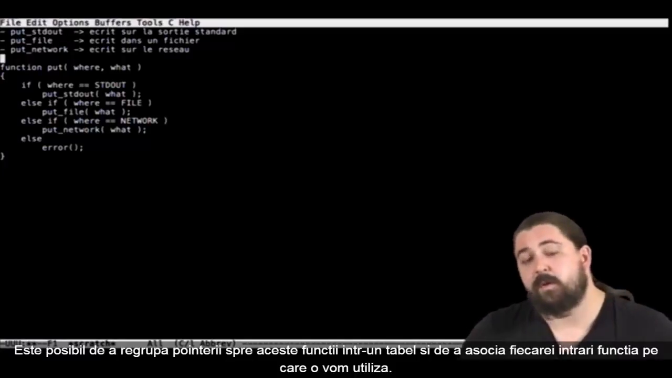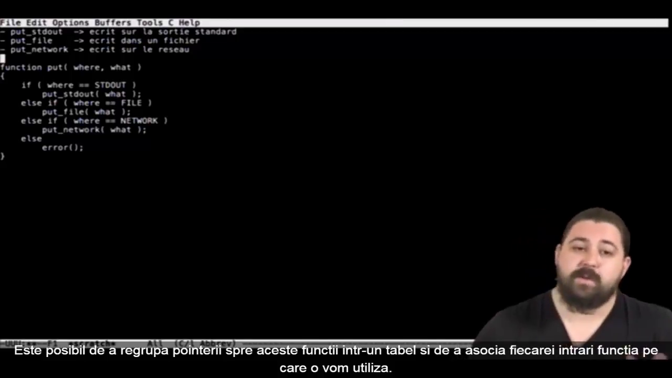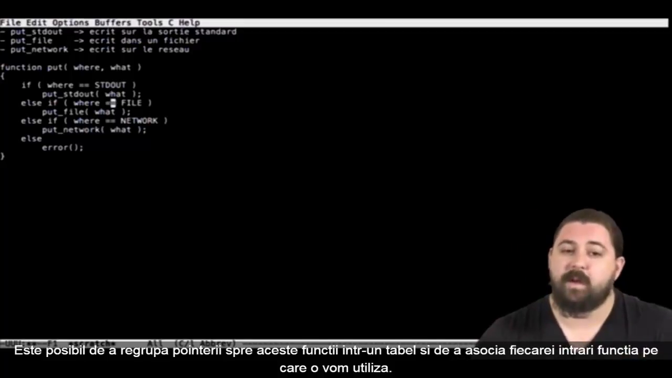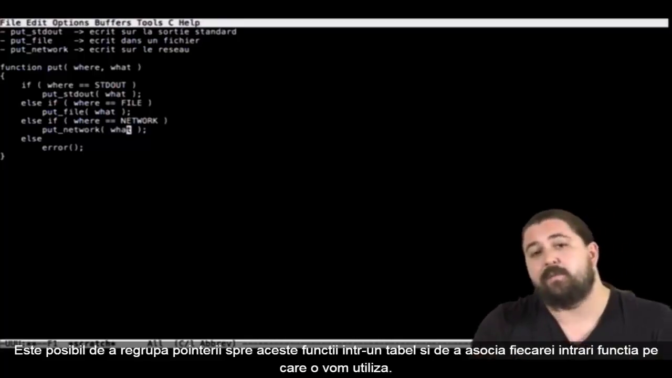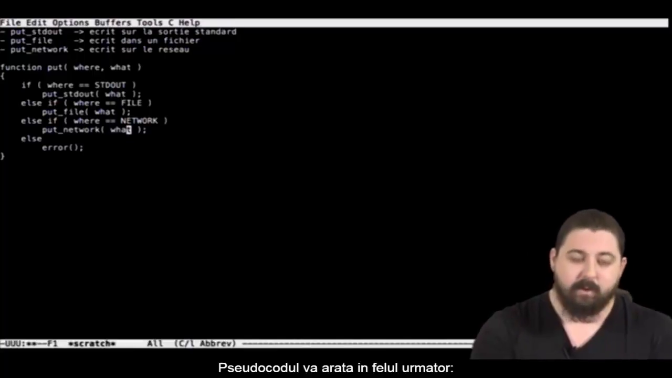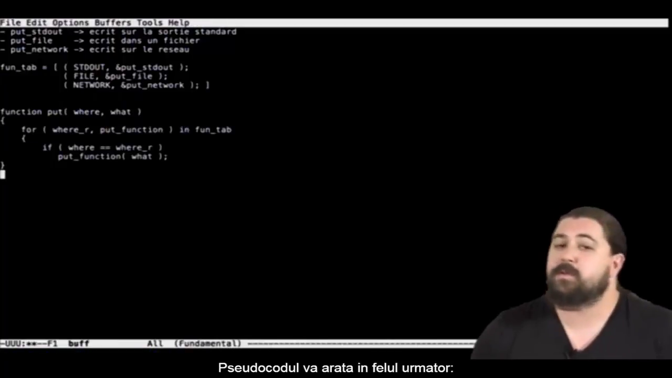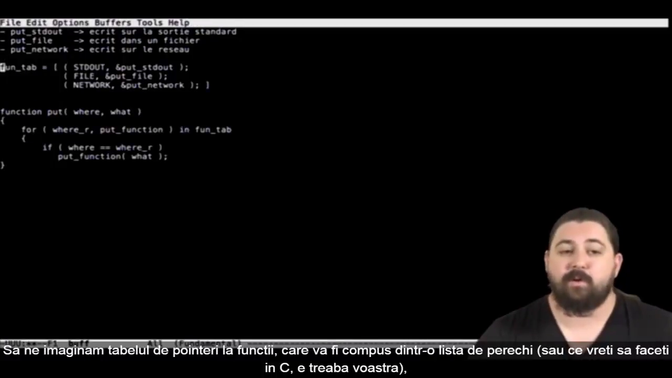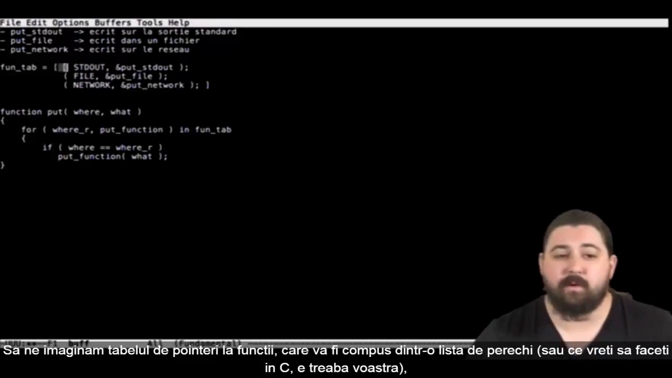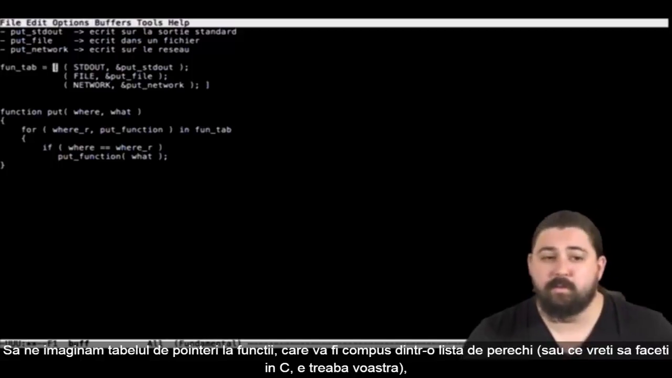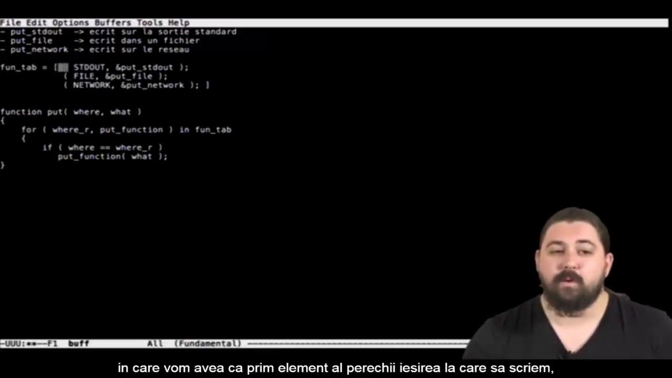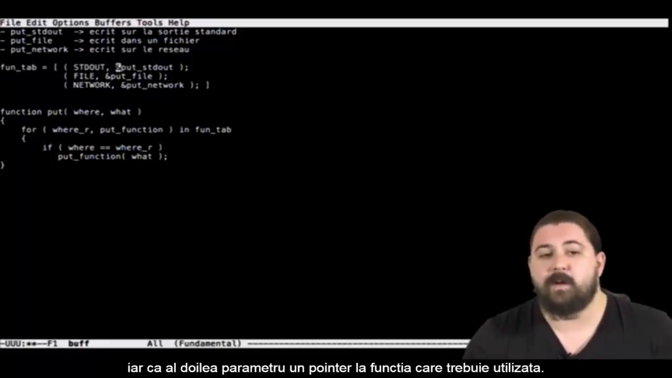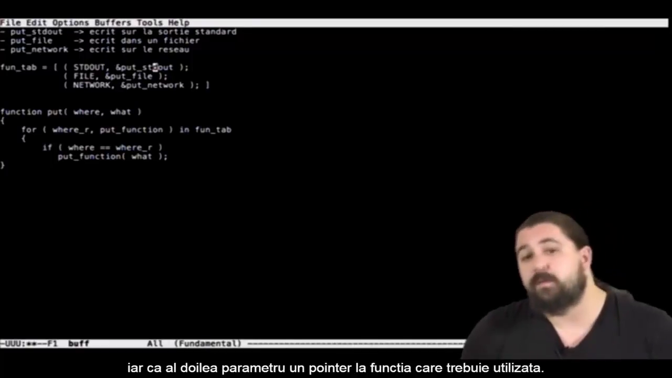So it will be possible for us to regroup a bunch of pointers to function in an array and associate to each entry the moment where we want to use it, so if we're asked to use stdout, a file or network, and in a pair the function to use in this case. The pseudocode would look something like this. Let's imagine our array of pointers to functions, which would be made of a list of pairs, for example an array of pairs, or whatever you want to do in C, where we'd have as a first information where to write, in which case selecting this array's entry,